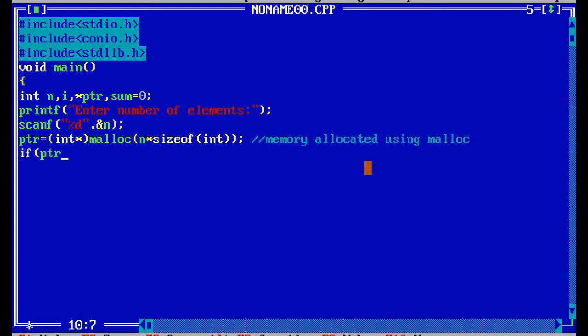Then after allocating, if ptr equal to null, printf "sorry, unable to allocate memory".